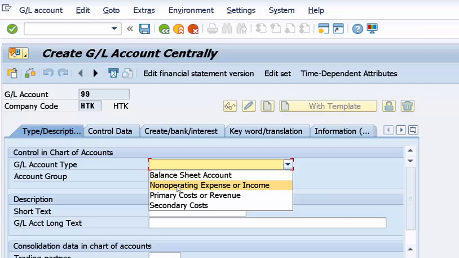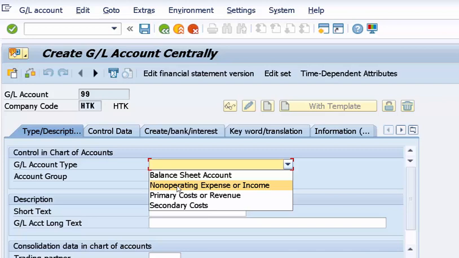Meaning, if you are selling an asset, for example, you may be making some profit, because if the depreciation is accumulated and you are selling the asset for more than the net asset value, then you are generating some revenue. That sale of asset is not regular business. So that kind of